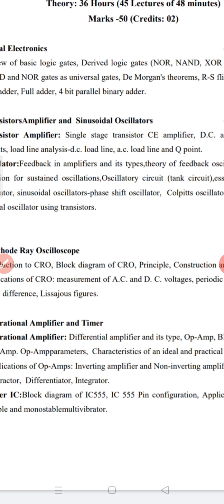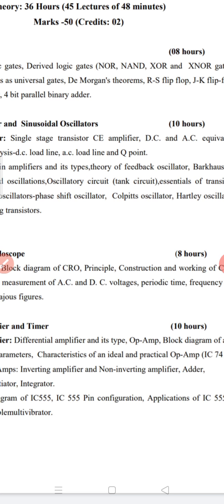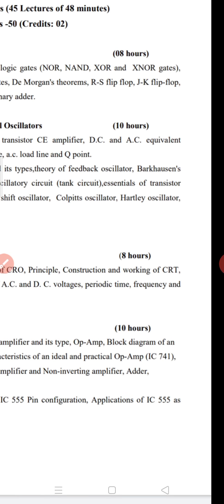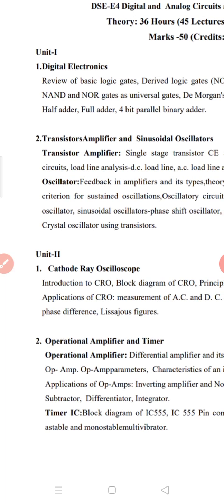Then we have sinusoidal oscillators and phase shift oscillators. Sinusoidal means sine waves. Phase shift means our phase is shifted, like by 90 degrees, 45 degrees, or 180 degrees. There is a phase shift in the oscillator. Then there are the Colpitts oscillator, Hartley oscillator, and crystal oscillator using a transistor. These are the various types of oscillators we have to study, out of which you did the practical of the crystal oscillator in your SY. We will study deeply how the circuit works.